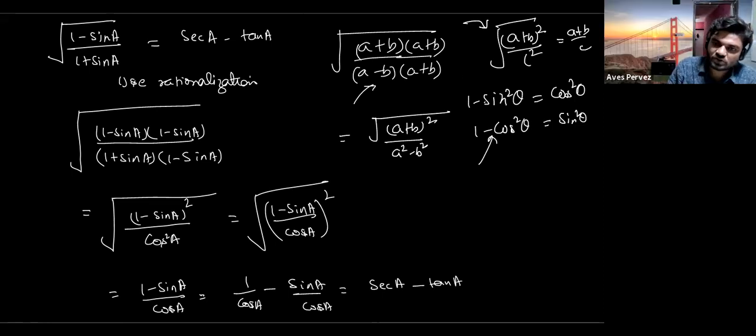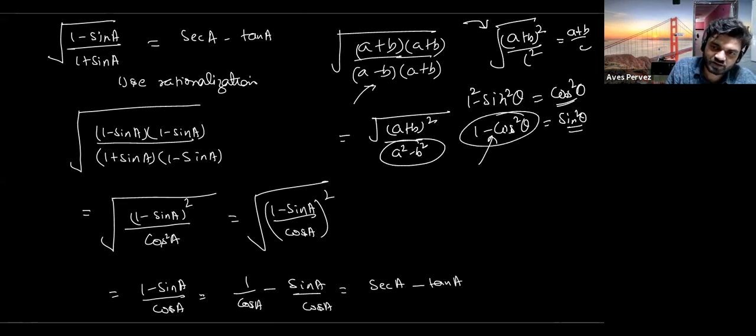Okay. So most of the time it happens that when we multiply it, the numerator will become a whole square, and in the denominator it will become a square minus b square. And most of the time it happens that we will have a value a as 1 or b as 1. So when we have a as 1, we will get 1 square minus sin square. You can write it 1 minus sin square theta, and that is equal to cos square theta, and 1 minus cos square theta is equal to sin square theta. So if this is in the denominator, we will get the sin square theta as a whole. If this is in the denominator, we will get the cos square theta as a whole.